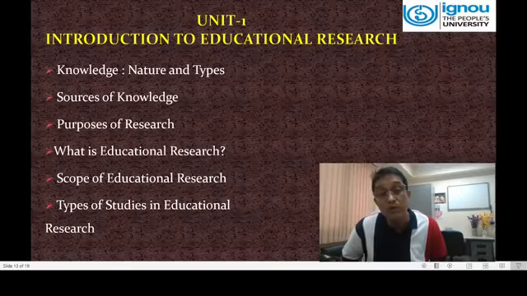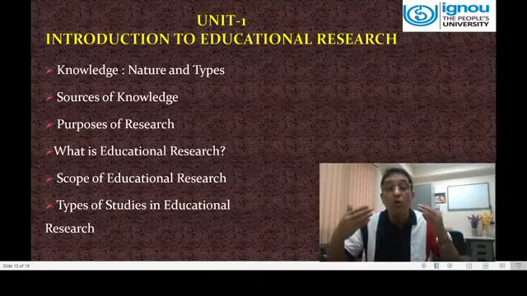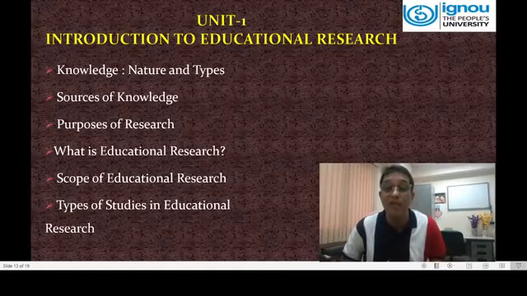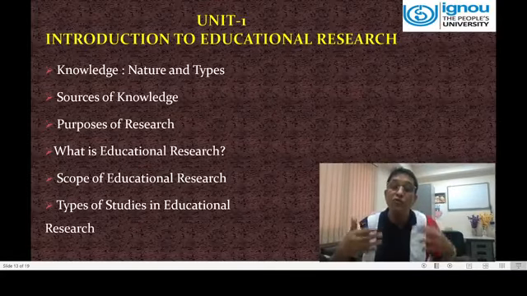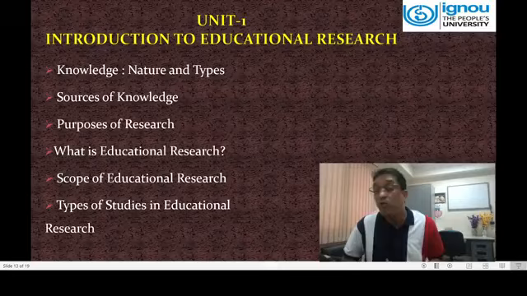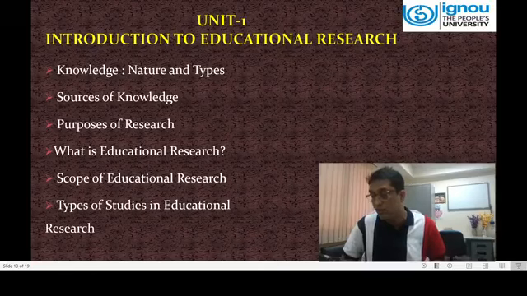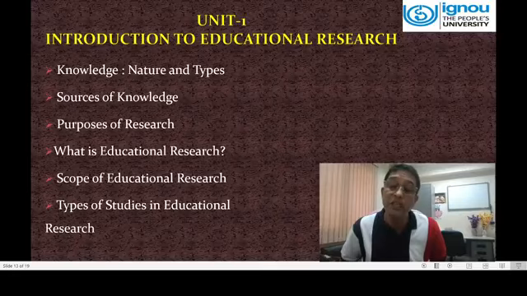A developmental study you can also do, to know the process aspect, how things are happening, how things are growing, how things are developing, how grooming is taking place. Unless you do qualitative research, you cannot do it. You have to observe, and you have to do focus group discussion and participant observation. And you also have to do ethnographic studies.